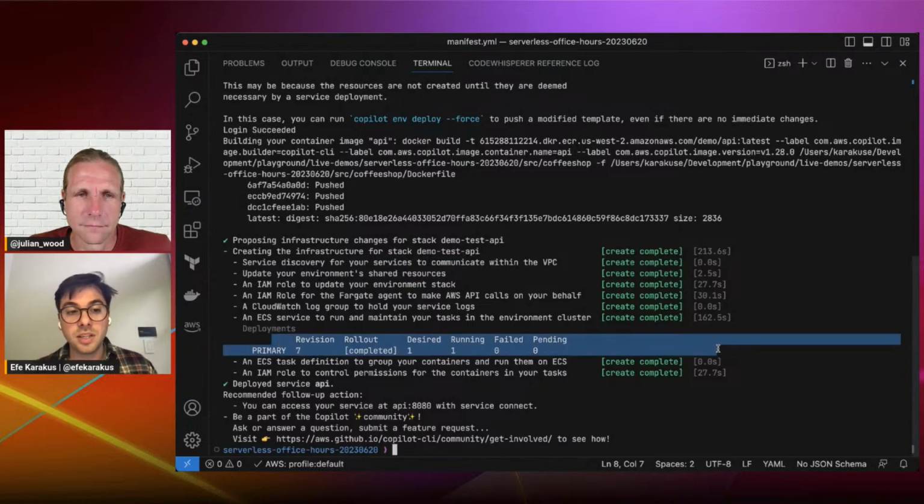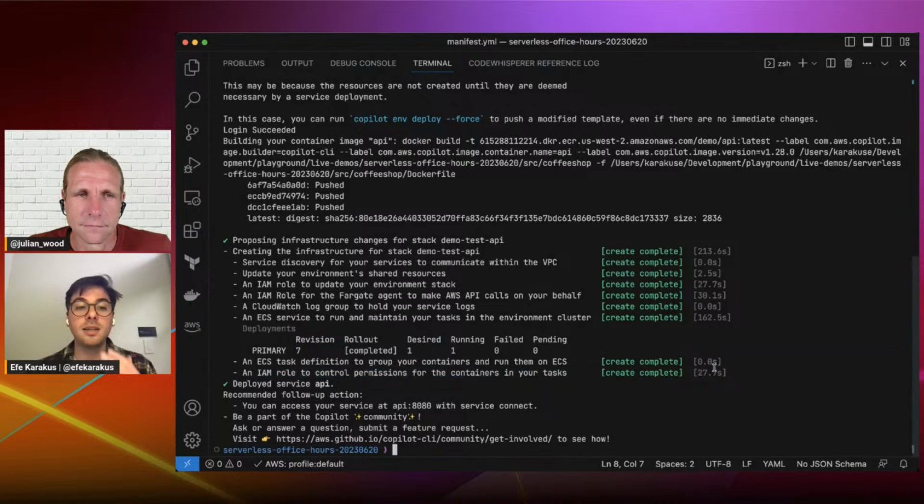So all of these updates happen through the CLI, and you get this visual representation. Of course, if you use CodePipeline, this is not relevant because the pipeline handles it for you. But while you're deploying to a development environment or a test environment, this can be really helpful for troubleshooting issues. So just for example, when it says, as you said, the service discovery